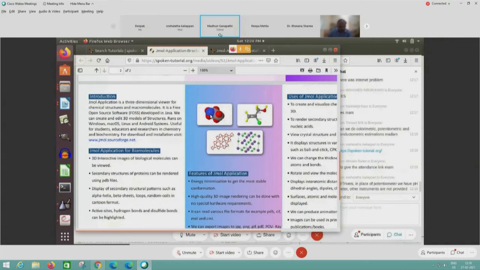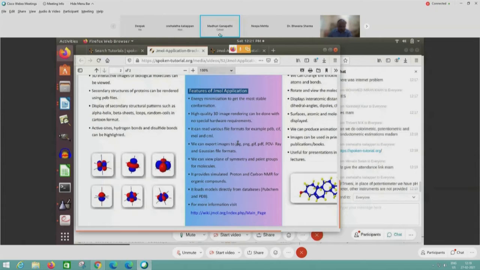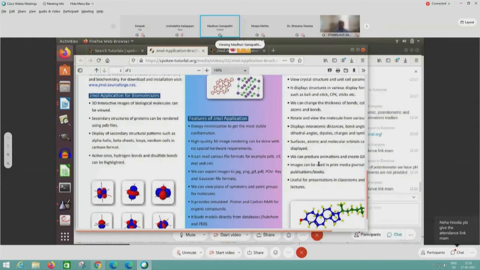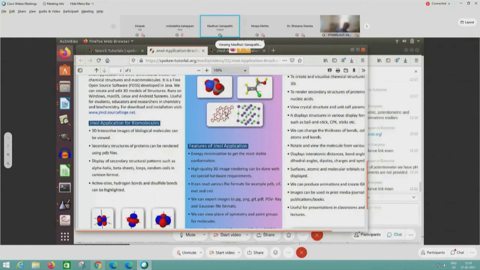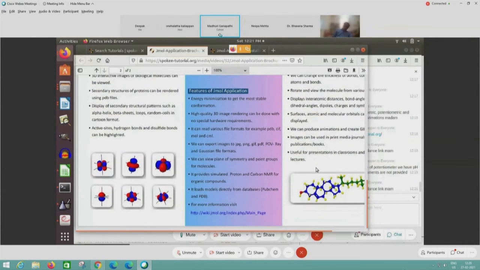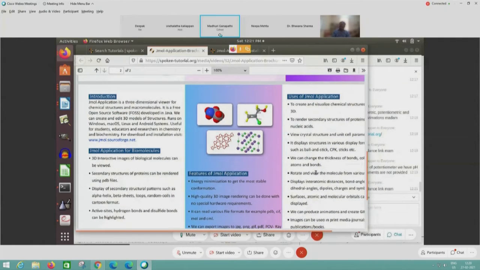This is a full structure shown in ball. This one is ball and stick, and this is the full model. And then we have some very good features. We have structures shown. We can rotate the molecule, we can show the interface, we can show the sticks model, we can show all CPK. Here is the CPK model, and then we can calculate dipole moments and dihedral angles. All these things are possible in JMOL. It is a 3D viewer, so you can see. And also in the morning we got a question asking whether we can see stereochemistry. Yes, we can do that in JMOL.